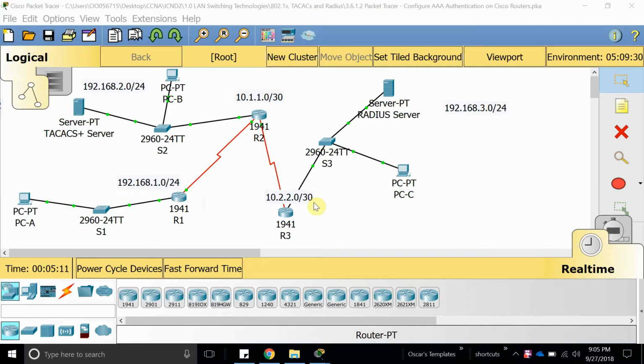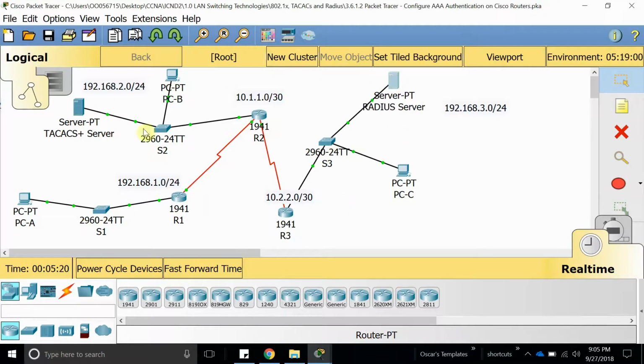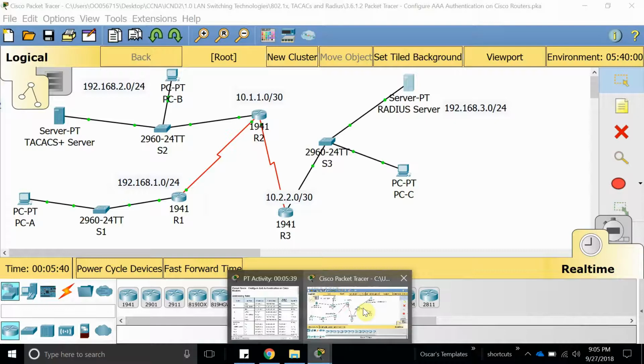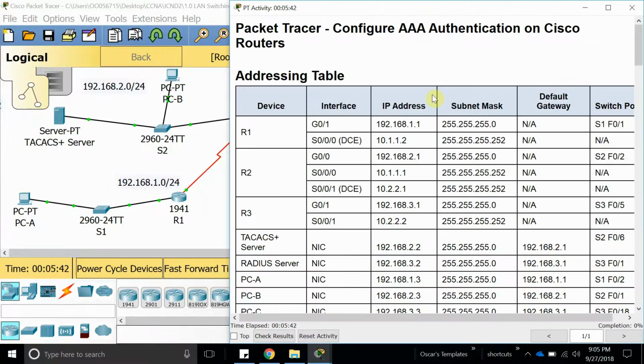Hello, welcome to this new video. In this video we are going to do a packet tracer activity, and in this activity we are going to configure a radius server, and we are also going to configure a TACACS server, which we configured in the video before this one. So in this video we are also going to learn how to configure a radius server, like I told you in the video before. So let's go ahead and open this packet tracer activity,